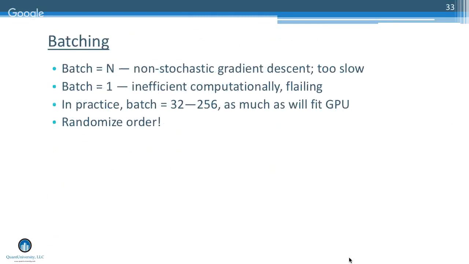Right, so batching, I think I've already talked about this briefly. In general, you want to make your batch size as much data as you can fit through your GPU in parallel at once. That's going to speed things up. And the other important point, which Keras does for you automatically, is to make sure you randomize your training data, so that you're not learning to fit one particular set of patterns and then forgetting all about that as you learn to fit some other set of patterns, but instead see a mixed set of data throughout.